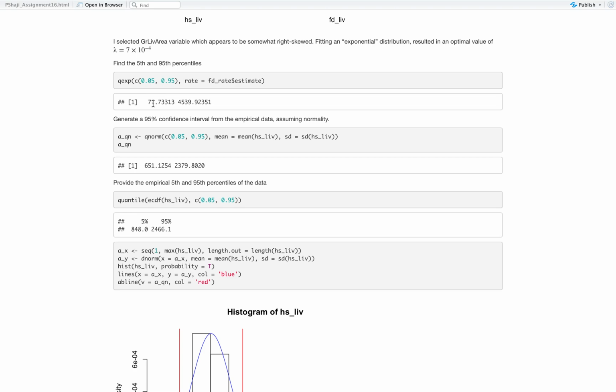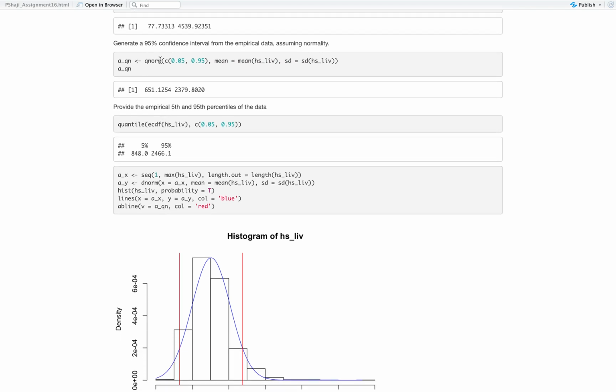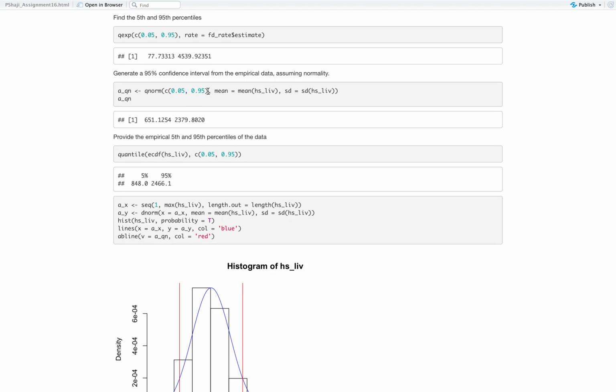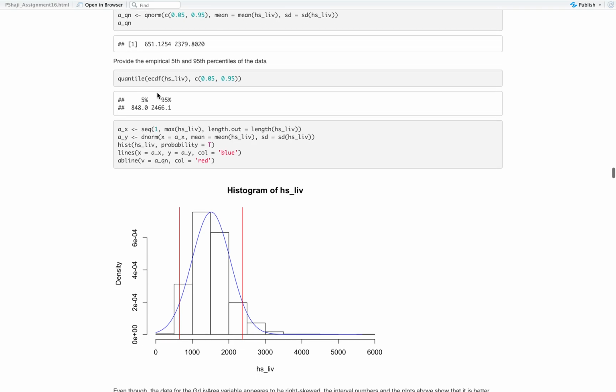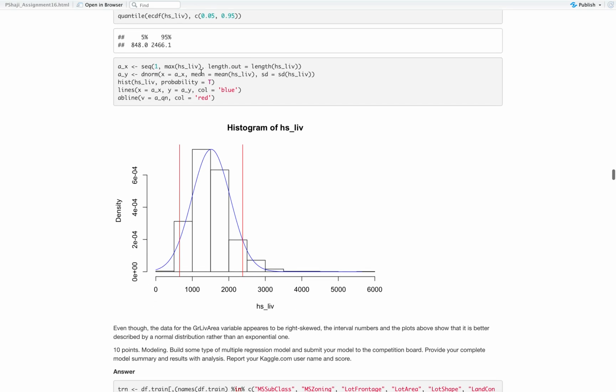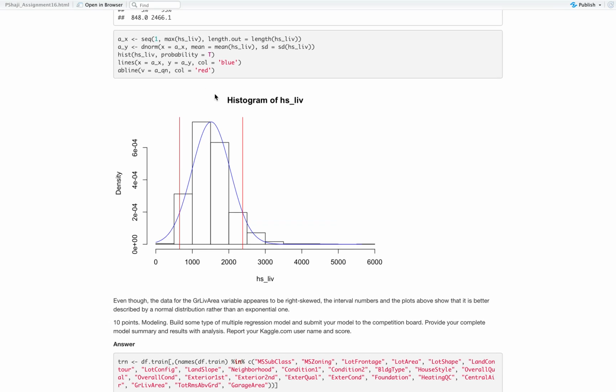we get the values 77.7 and 4539.9. Now generating a 95% confidence interval from the empirical data, assuming normality. So we passed the 95% confidence interval and this value to the qnorm function, now providing the empirical 5th and 95th percentiles. After that, we do that process and we plot the